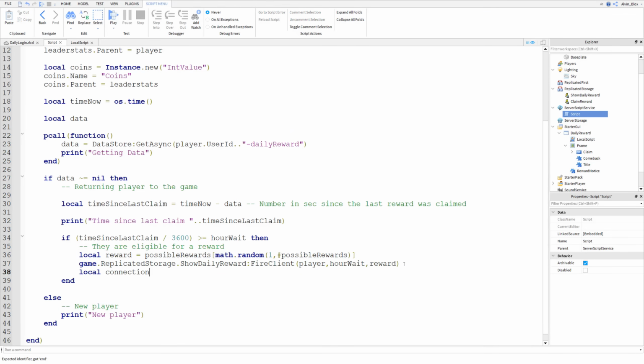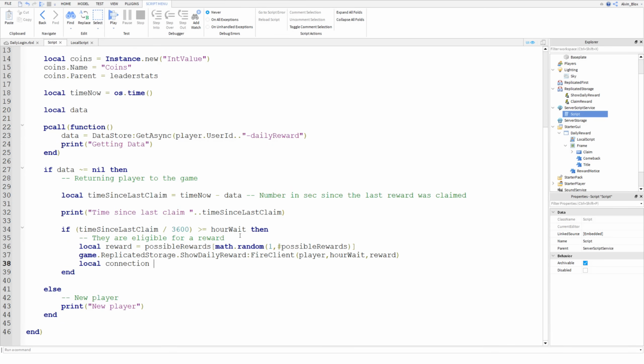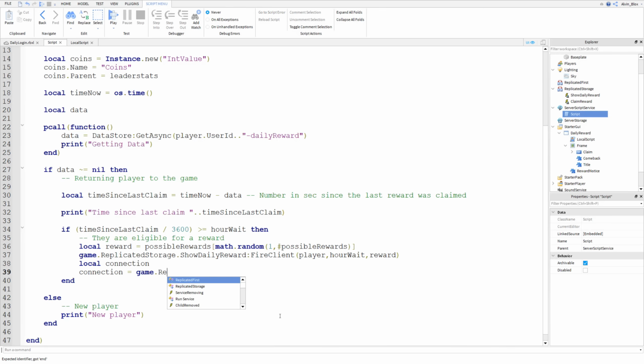Now we're doing this because we want to disconnect the event that we're about to make after it has been fired for the first time. Now you'll see how this makes sense once we've done the event, but it will make perfect sense very shortly. So we're just doing local connection, and then we're setting that connection variable to our event. Okay, make sure to save your work, and we're going to just say game.ReplicatedStorage.ClaimReward.OnServerEvent:Connect